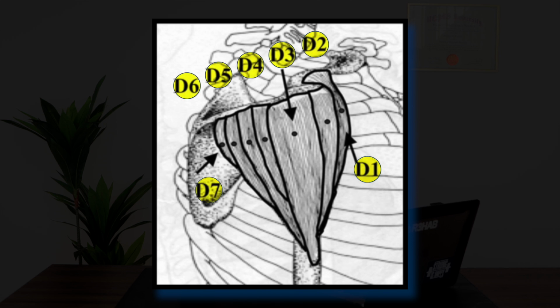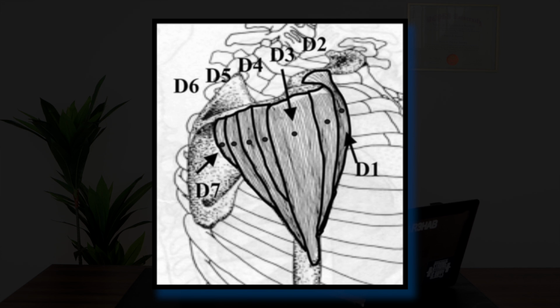Now, while we typically subdivide the delt into these three sections, research has identified that there are 7 subdivisions of the deltoid when looking at how these muscles function. This is important to know as it helps us in deciding which motions hit these different subdivisions and which ranges of motion and angles should be included in training. When we look at what the divisions research has found, we don't need to ditch the 3 categories that we just discussed before of anterior, middle, and posterior. Instead, it expands on it, showing that the middle and posterior divisions can actually be subdivided further into 2 and 4 subdivisions respectively. So we see it as 1 for the anterior, 2 for the middle, and 4 for the